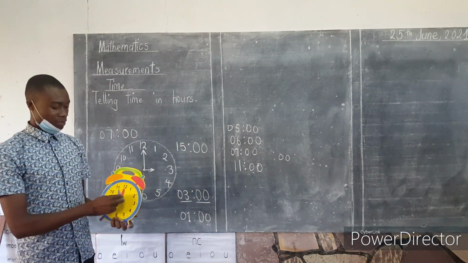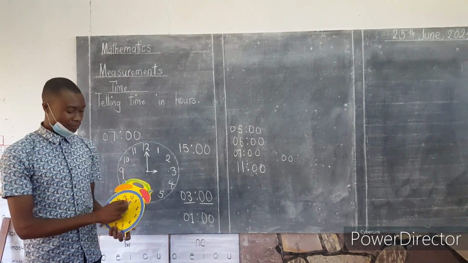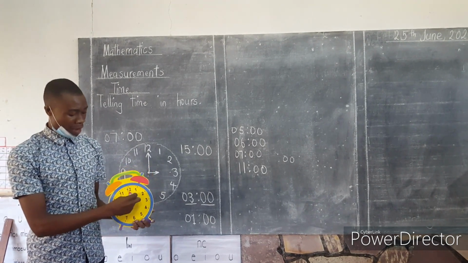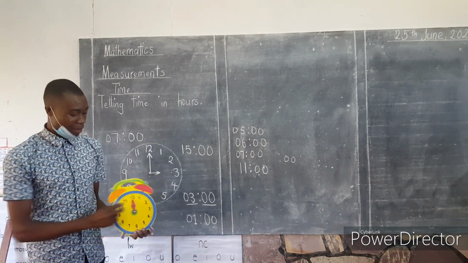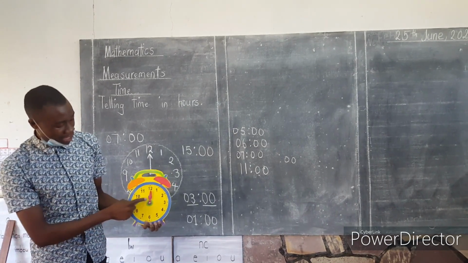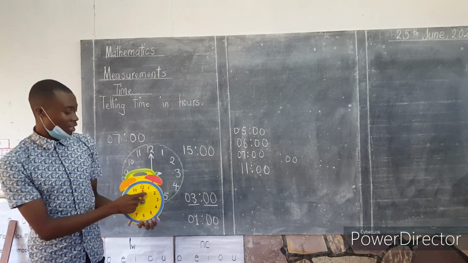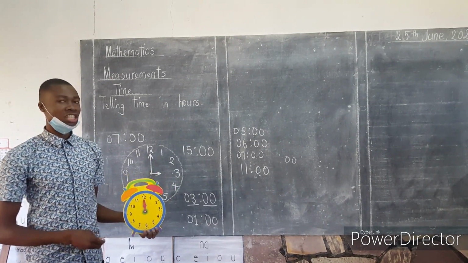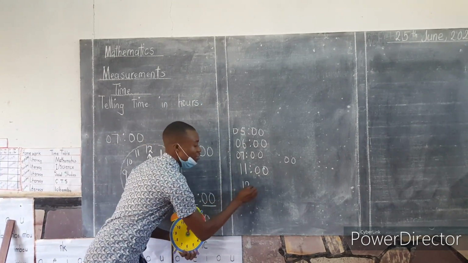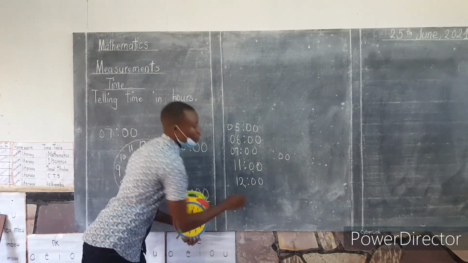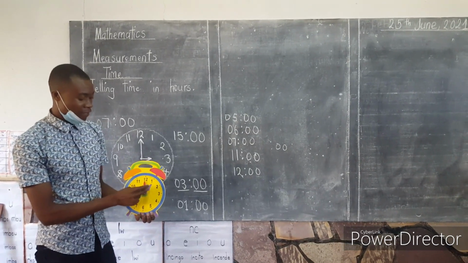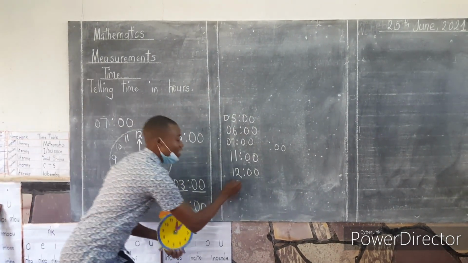Then, in the afternoon, you find that, okay, if both of them are pointing at 12, then what time is it? So start with the shorthand. In this case, the shorthand is the purple one there. So where is the shorthand pointing? You will find that it is pointing at 12, meaning the time is 12 hours. Then if the shorthand moves to 1, then it is